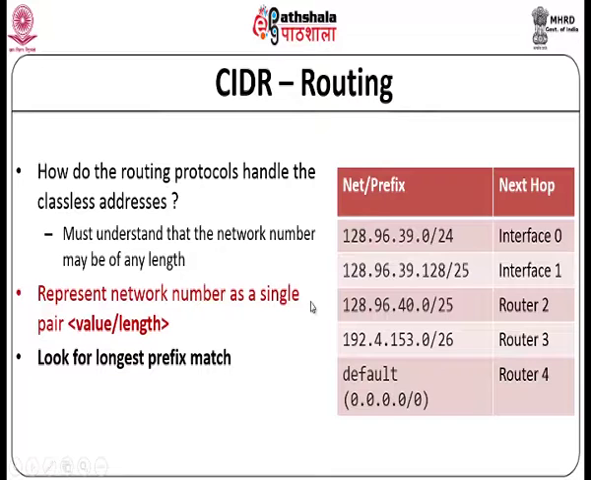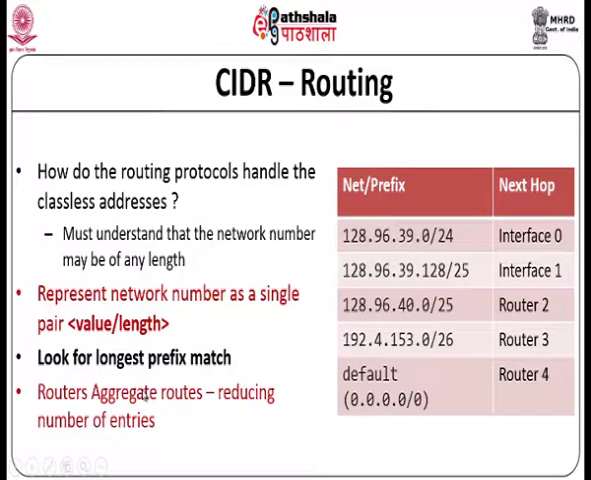When a packet arrives, you pick out the destination address, apply the mask with whatever prefix number you have, and check whether it matches the corresponding network address. If it matches the network address, then you send it to the corresponding next hop. What is important here is that we need to look for the longest prefix match, because as we saw,